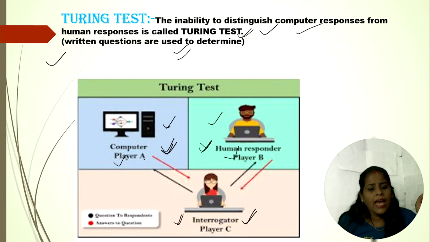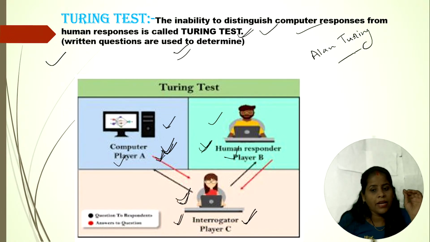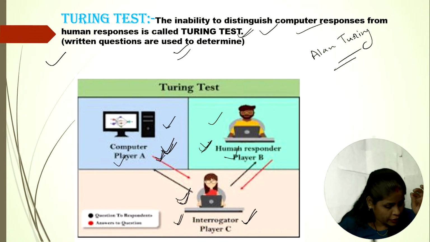And after that he, the interrogator C, has to decide which answer is from the computer and which answer is from the human. And if the computer is able to answer like a human and the interrogator gets confused and is not able to decide whether the answer is from the computer or the human, this is called Turing test, and it is given by Alan Turing. ओके एलन ट्यूरिंग के नाम पे इसका नाम है ट्यूरिंग टेस्ट। तो ये है हमारा ट्यूरिंग टेस्ट,